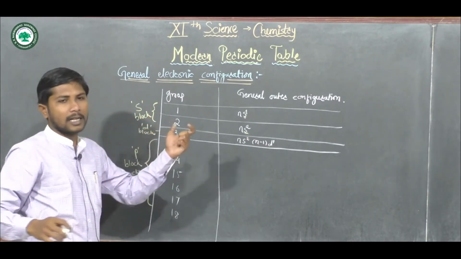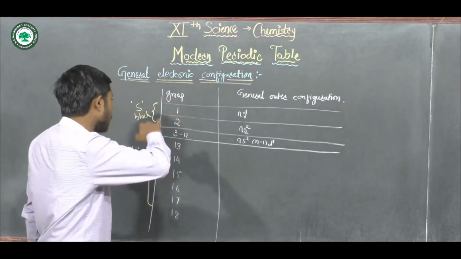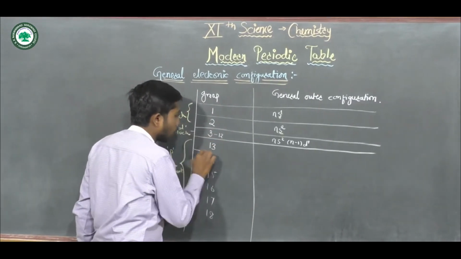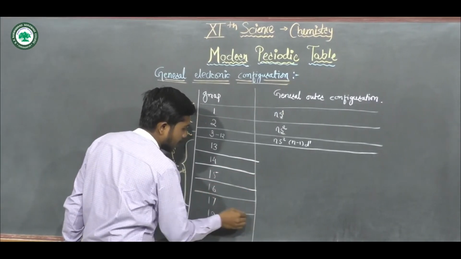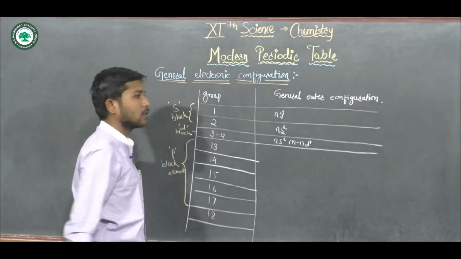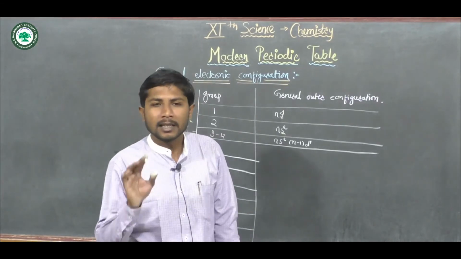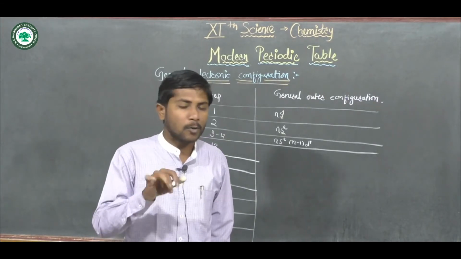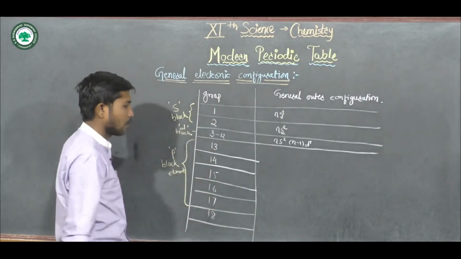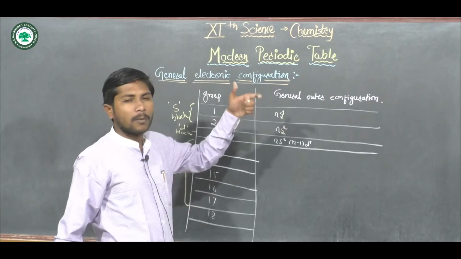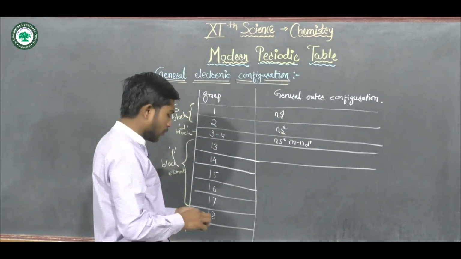Now here we are jumping directly to the extreme right side of the periodic table, that is groups 13, 14, 15, 16, 17 and 18. These 6 groups are there because the p sub energy level has 3 degenerate orbitals which can accommodate 6 electrons. That's why these 6 groups form the p block elements. Now their general electronic configuration can be written as